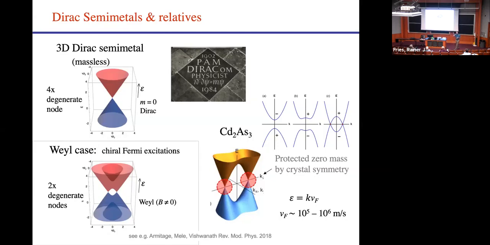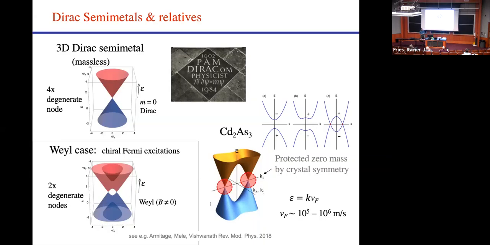So normally you think of Dirac fermions as being electrons and holes, or particles and antiparticles. In solid state, these are electrons and holes, but they're holes in condensed matter systems. And there's a splitting into